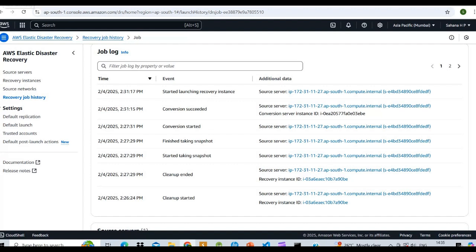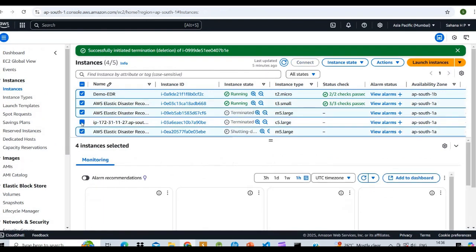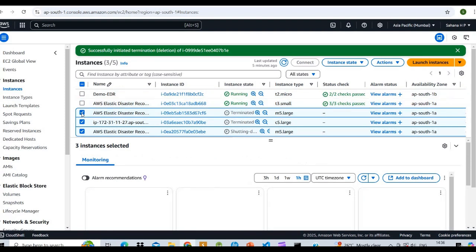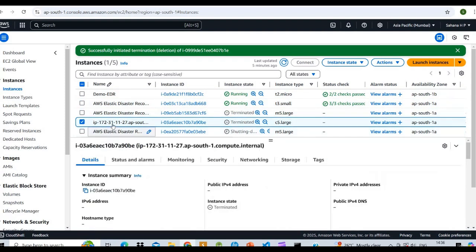So the next is, here we can see it started launching recovery instances. In the instances we need to check whether it started launching recovery instances or not, whether it's replicated or not. Go to the instances. Here we can see the IP. This is the launching instance.